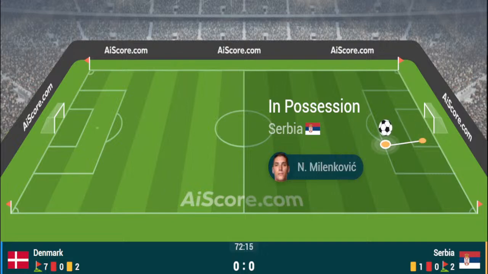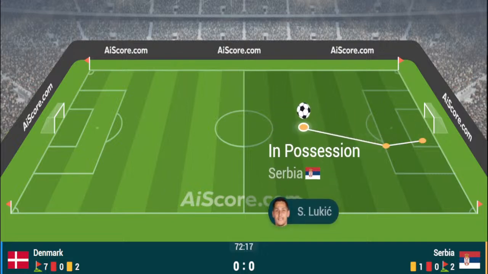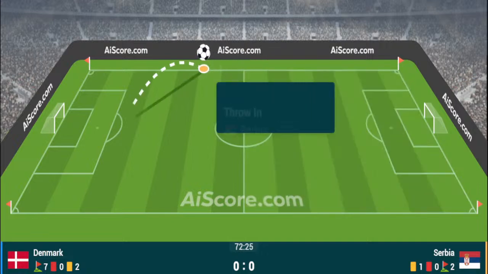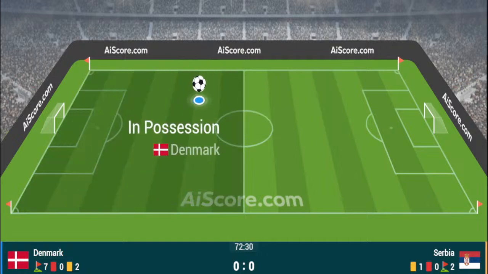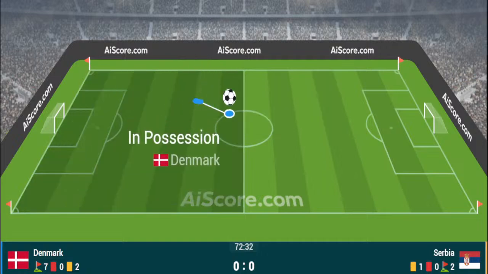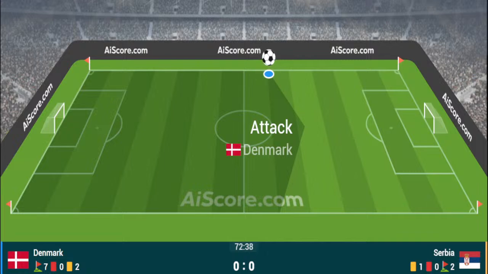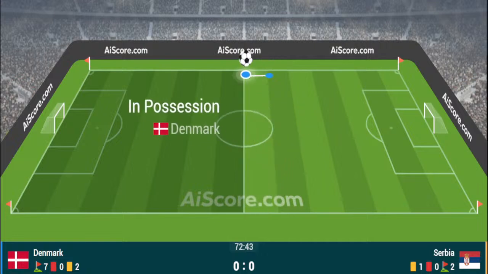Serbia once more. They're going to go long, and they're going to look for the run of Mitrovic, and Mitrovic just touches it on intelligently, and here's an opportunity now for Serbia. They couldn't quite find a way through, and Denmark will try and break, and Christian Eriksen feeds it forwards intelligently to Skov-Olsen, and Skov-Olsen on the left-hand side gets on his right foot, cuts inside for Hjulmand. Hjulmand goes to his left-hand side indeed, and now Denmark do fire the ball into the penalty area. Denmark want a penalty kick for the shove inside the area, but I don't think they're going to get it. It was Kjaer that went down.